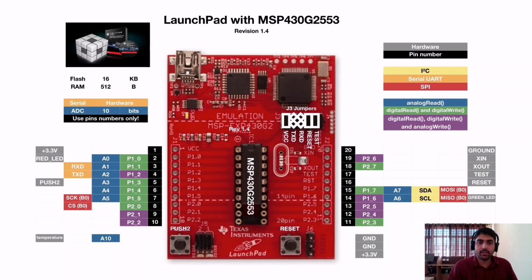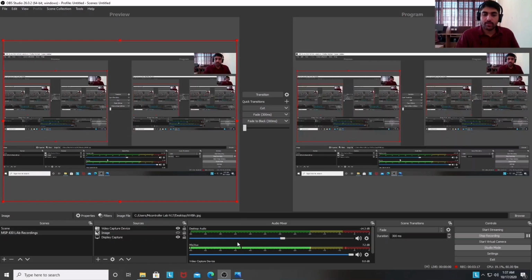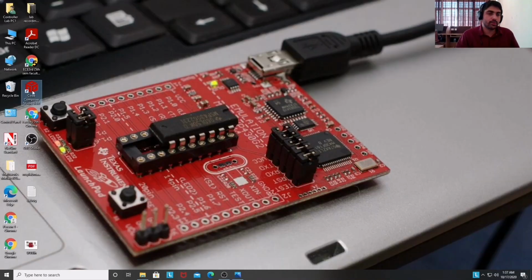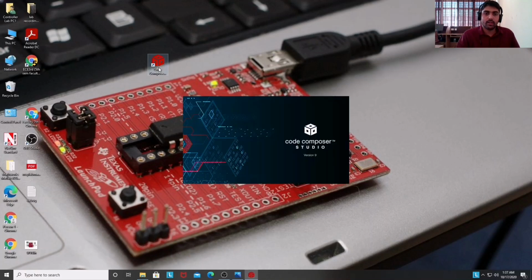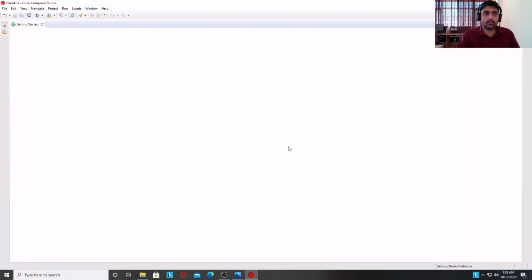I'm going to share my screen now to show how this Code Composer Studio looks. This is an already pre-installed Code Composer Studio I have installed in my PC, of version 9.3.0. I will start this Code Composer Studio. You will find the link of this Code Composer Studio in the description below. You can download this Code Composer Studio from that link, and when you run it for the first time, it looks somewhat like this.